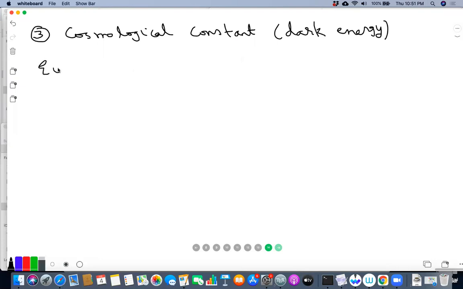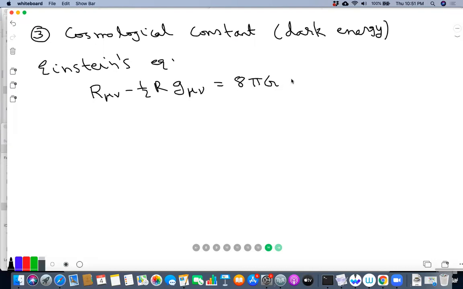So if you take Einstein's equation, R_mu nu minus half R g_mu nu equals 8 pi G T_mu nu, then without loss of generality, without breaking general coordinate invariance, you have a choice of adding a new term here,